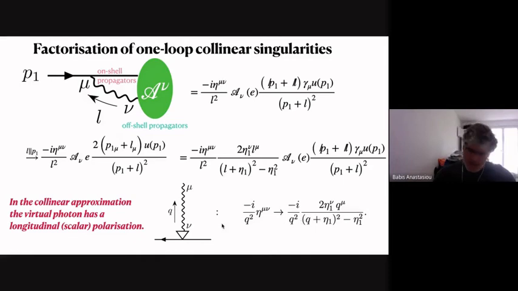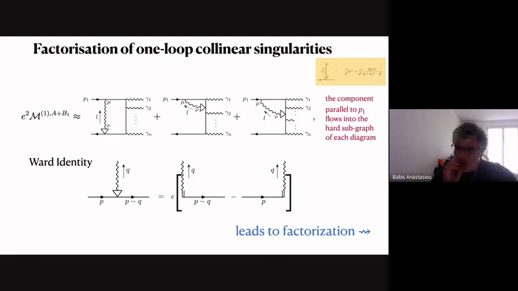This is a great result because when photons become longitudinal, Ward identities are at play. So this longitudinal photon will attach itself everywhere else in the graph, except on the propagator that it originated from, because this will be a correction to the external state that we throw away with the LSZ formula. But when this happens and the photon is collinear, then vertices become differences of propagators, and this leads to cancellation.